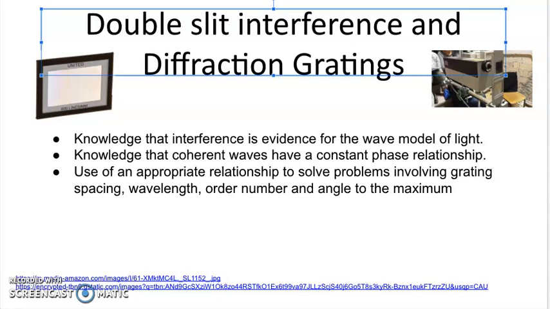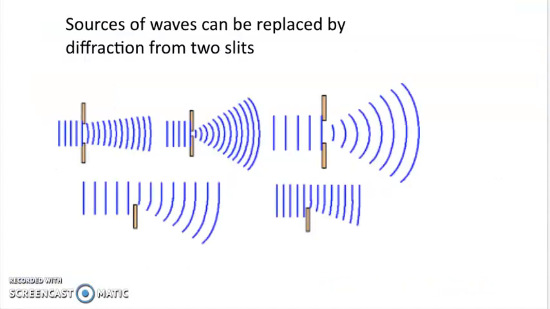So good morning, and this is all about diffraction gratings and caused by double slit interference. So instead of the sources of waves that you had with the double source interference, we're going to do that by replacing it by diffraction from two slits. This is just a reminder of diffraction from National 5,